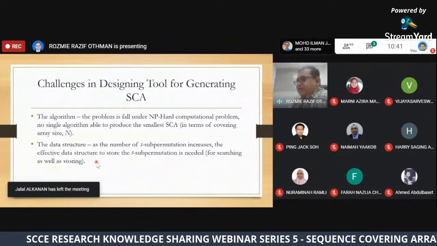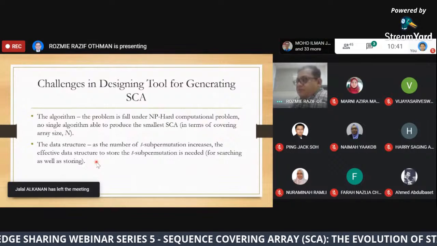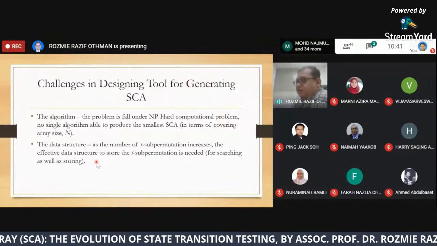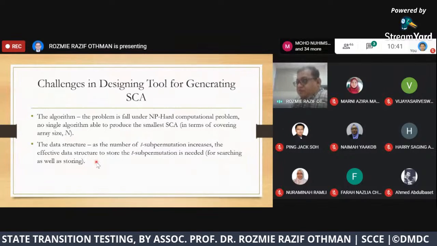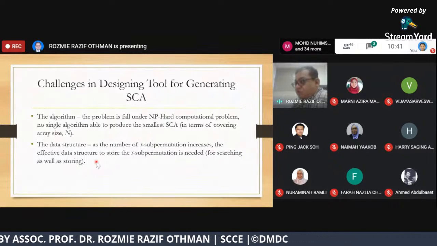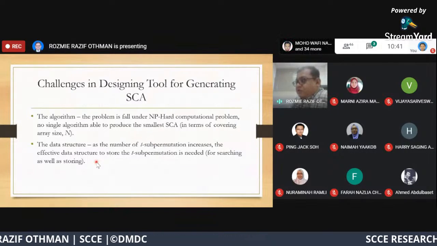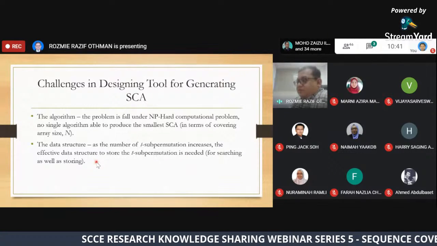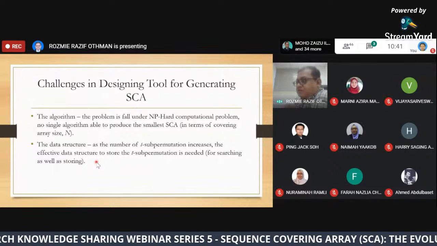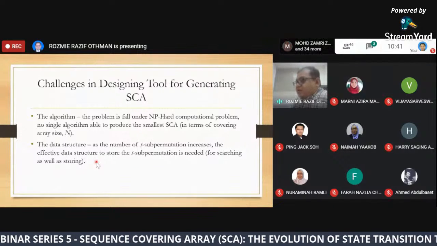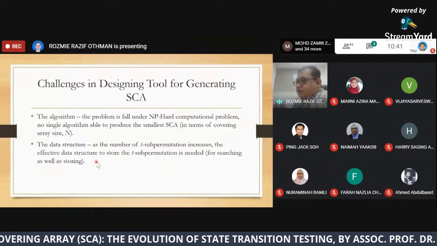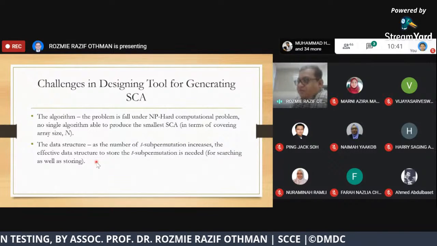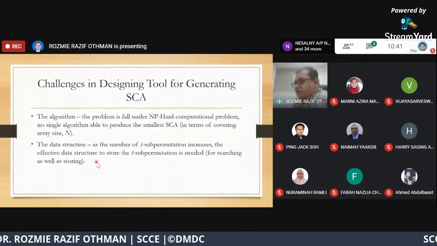So in creating the program or the algorithm, surely we need to generate the T subpermutation first, and then go to the process of creating the sequence covering array. Then we have to verify whether all the T subpermutation has been covered by the sequence covering array or not.